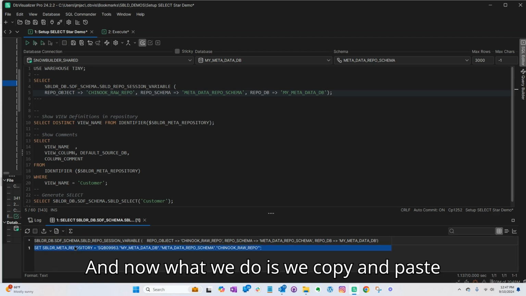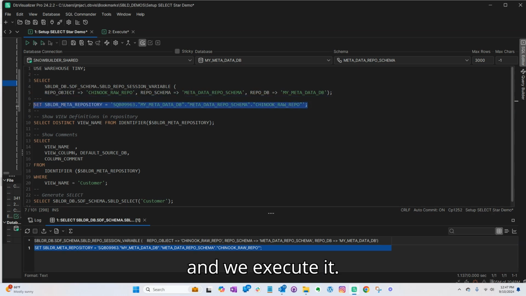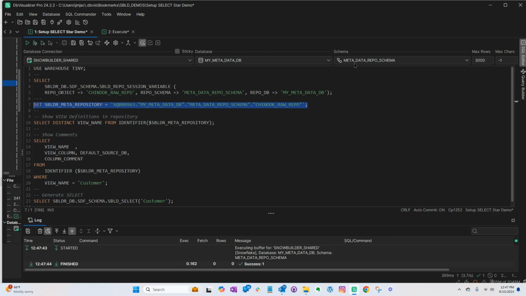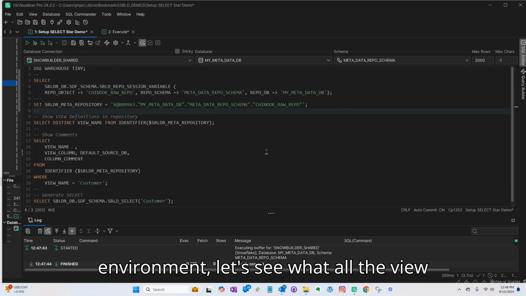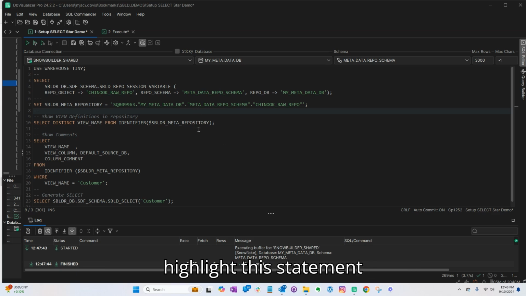And now what we do is we copy and paste it, and we execute it. So now that we have set up our working environment, let's see what all the view definitions are in the repository. We'll highlight this statement,